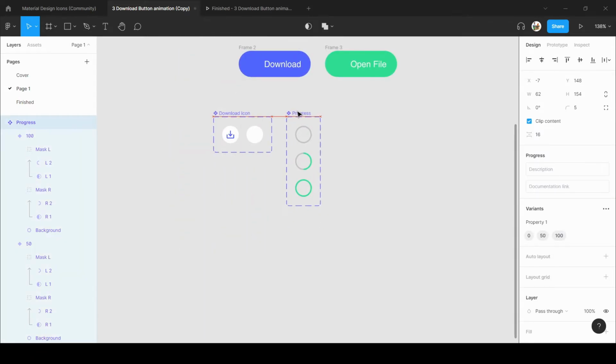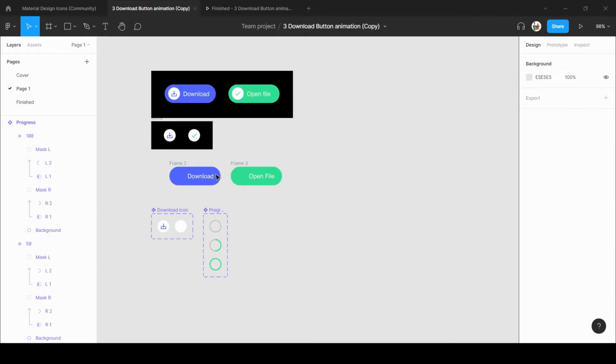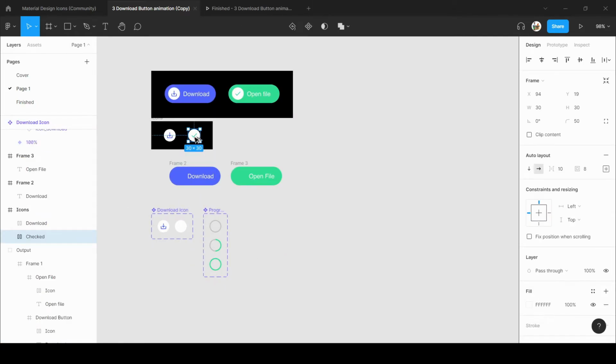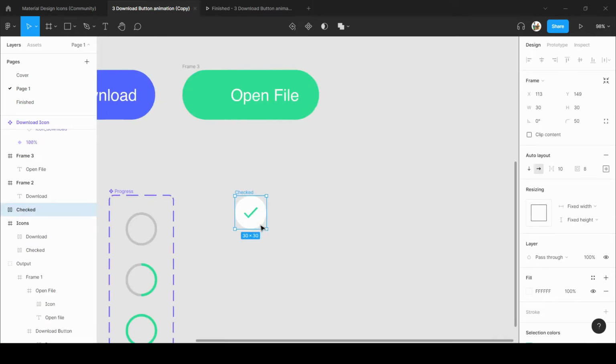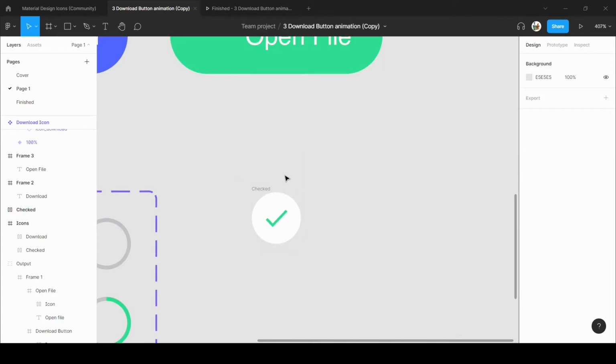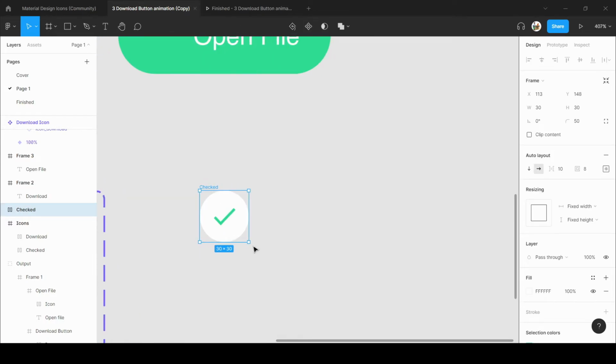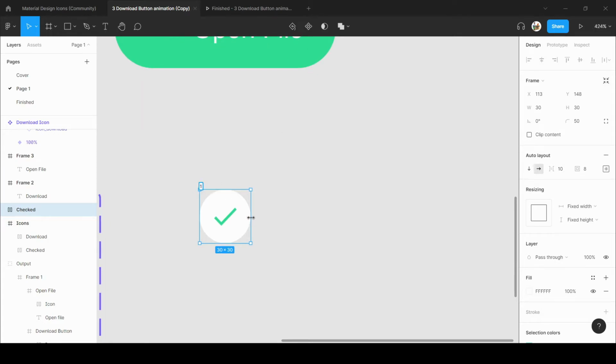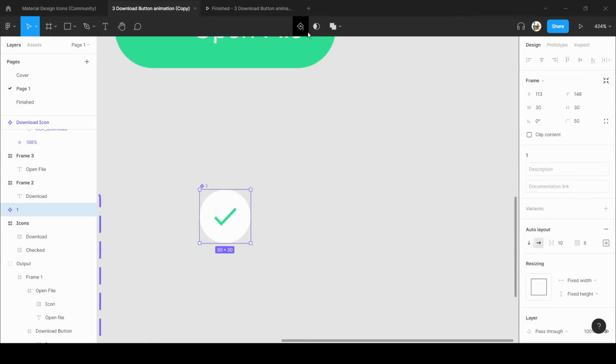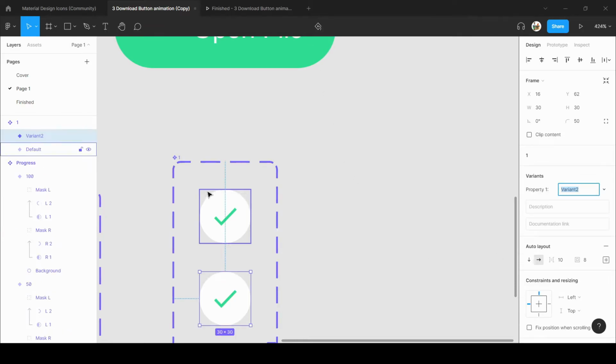So this is our second component, and now let's animate the third one, which is the checkbox button like this. So for that we need to create 3 variants. I will name it as 1. Create a component, select a variant.